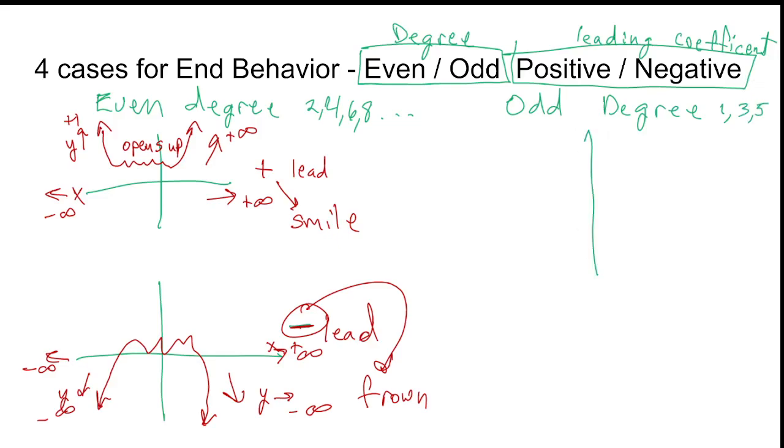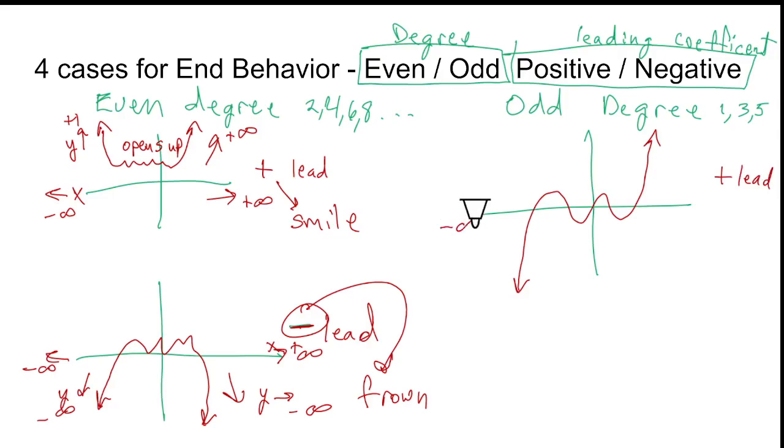We'll look at 3, 5, and so forth. What ends up happening is we get what I call the swirl cactus with one arm up and one arm down. So the first one I want to do is sort of in the positive direction. We get this sort of thing, and again, we could have some multiplicity stuff, but with odd degrees, remember this is what gives us spinor symmetry. They're always going in opposite directions. So with the positive leading coefficient,